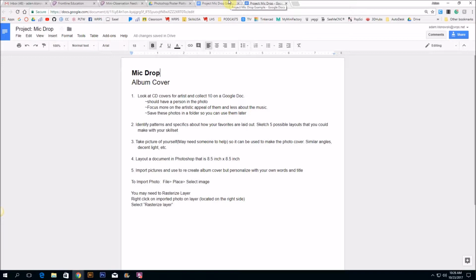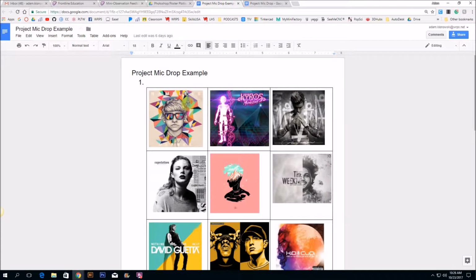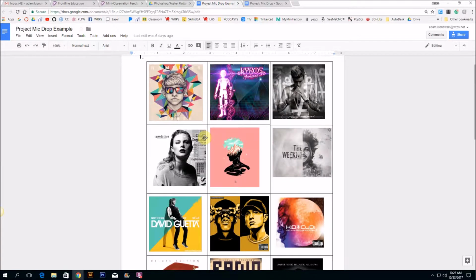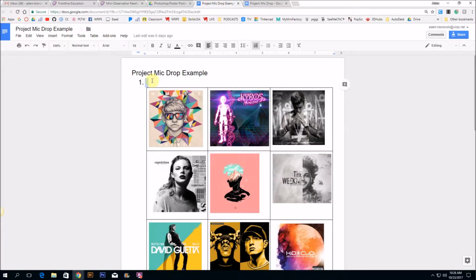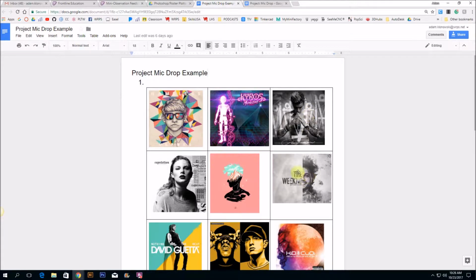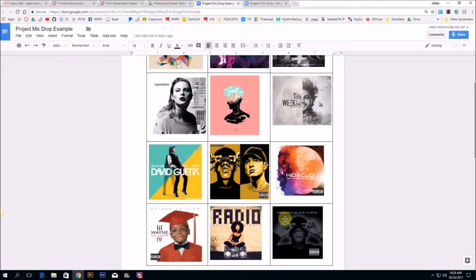So what I did here was copied and pasted a good 12 of them that I really liked into a Word document. The easiest way to do that is to insert table, and I went 3 by 4, and then I pasted those in there so that they were already sized to kind of what I wanted. So here